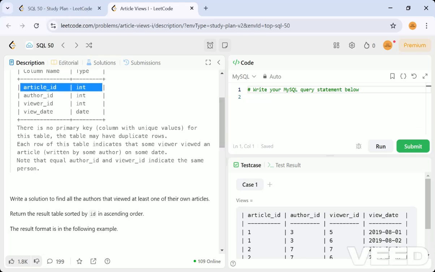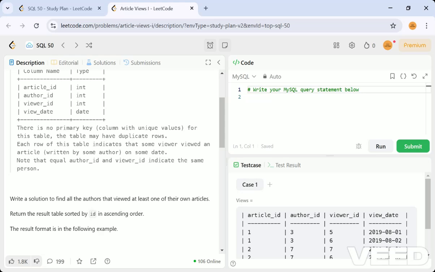That means each row of this table indicates that some viewer viewed an article. So it has data related to the views of the articles. Some viewer has viewed an article written by some author.